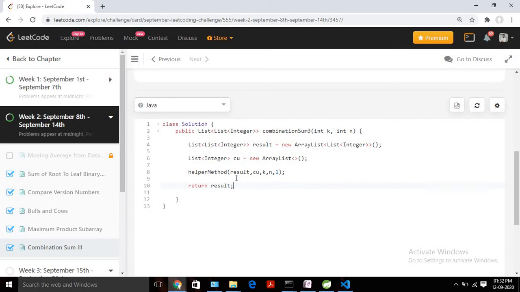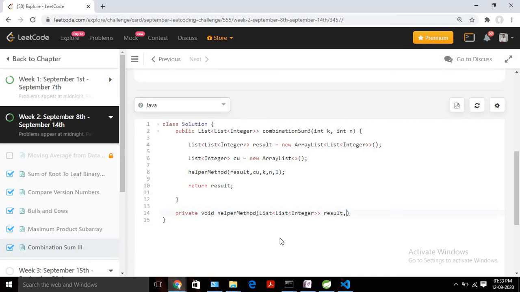Now quickly write the implementation of this helper method. So it should be a private method since we are calling it from this class only, and the return type should be void because we are not going to return anything. We are just adding the possible combinations in this list and we are returning that result, okay? And what should be the input parameters? Obviously we need the actual list where we are going to return, so let us name it as result only.